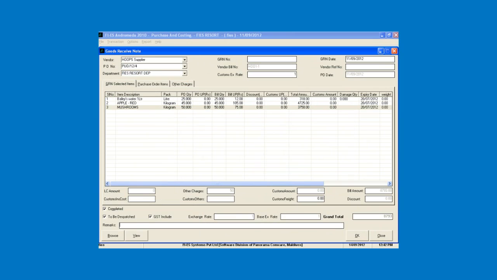And if you want to give any remarks, then you can put it here. Against the PO/12/4. And if you want to attach any soft copy which is related to this GRN,